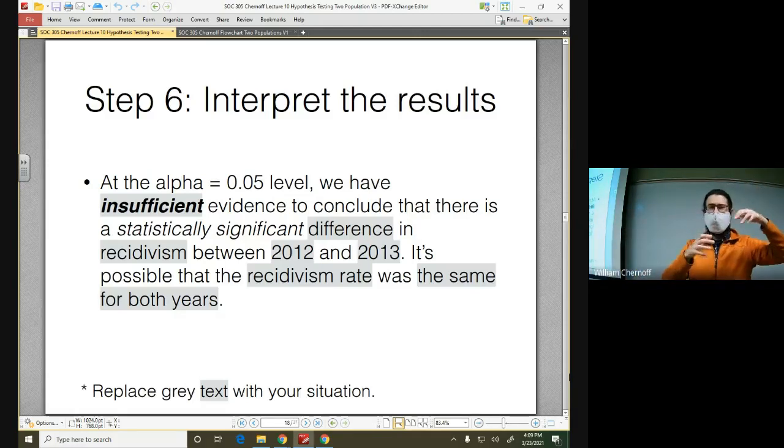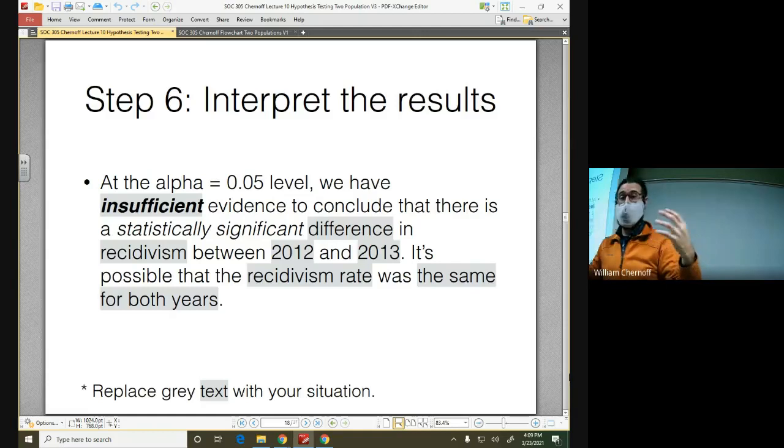Maybe it's like 40%, 50%. So we want to compare these groups. We want to compare proportions between these two groups. If I think about recidivism, a lot of times I'm interested in comparing two groups. I might be interested in how girls recidivate compared to how boys recidivate. I might be interested in whether some new, fancy, flashy program affects recidivism compared to traditional juvenile court practices.